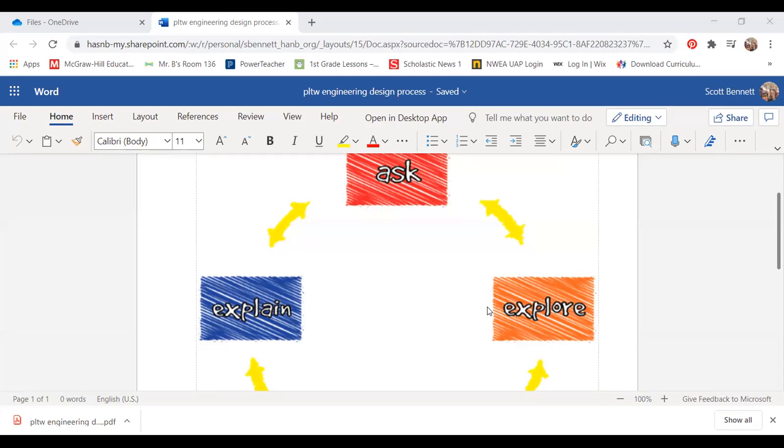So both of the videos we watched talk about how engineers ask, what is the problem that we need to solve? And what do I need to know to come up with a good solution? So you can't come up with a solution until you understand the problem. So that's what ask means. It means asking